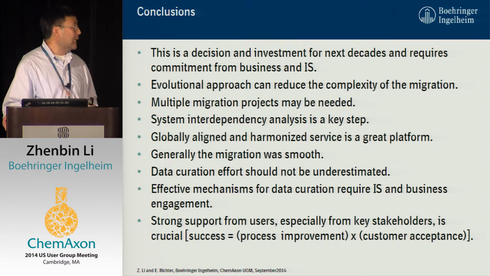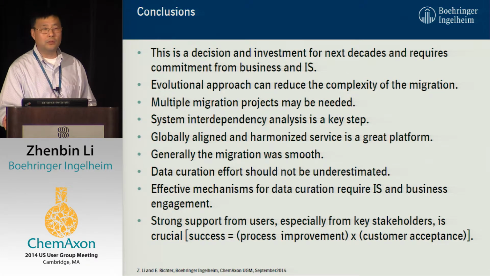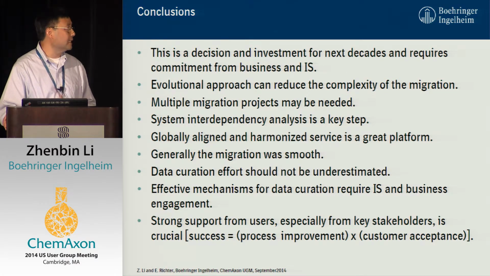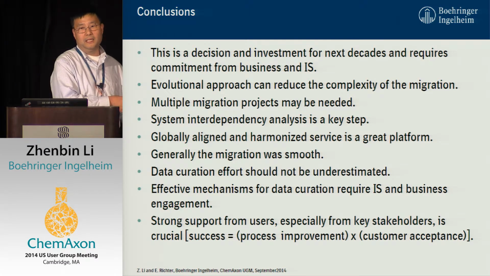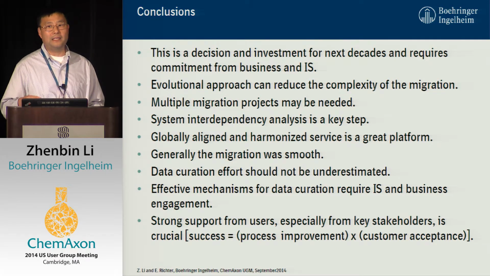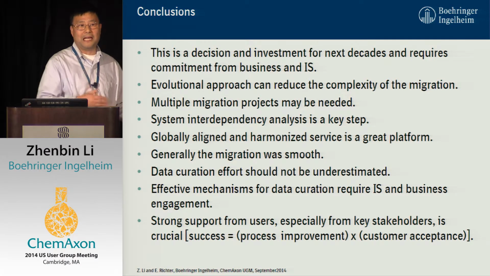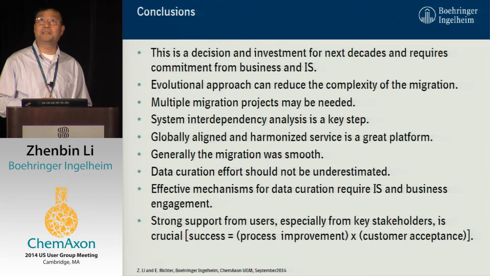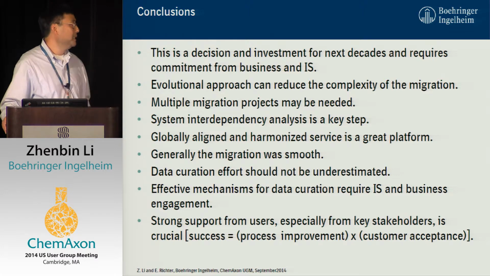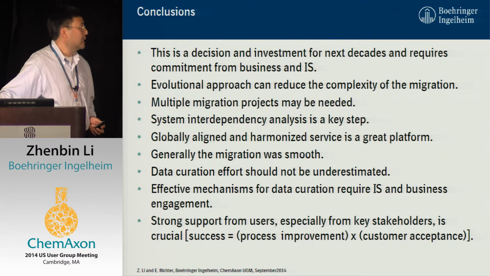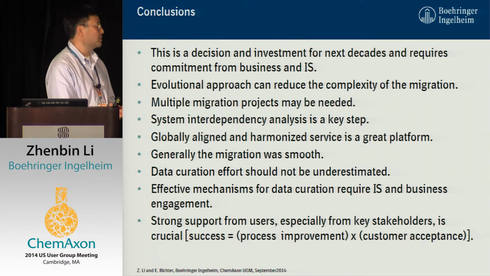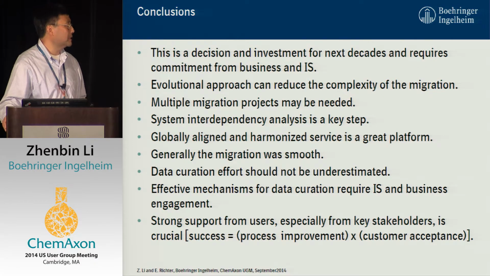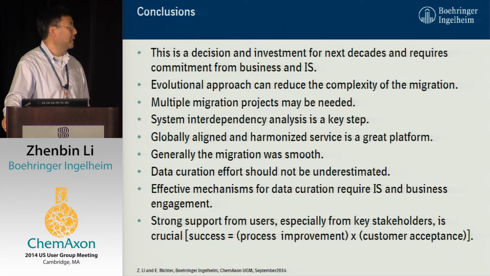I think the data curation issue is very important, and make sure you don't underestimate that, but don't overestimate it. The reason is if the data is screwed up already, ChemAxon cannot interpret it right away. Probably the data was screwed up anyway. We at least did not introduce additional problems. So I think ChemAxon provides a very effective way to do the data curation, especially the standardization and structure check part. We think that is very helpful.